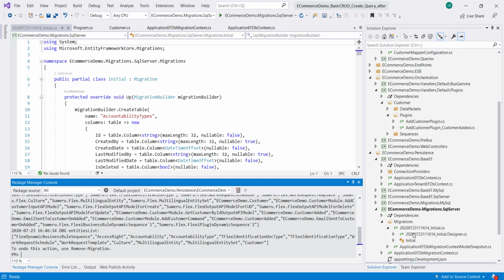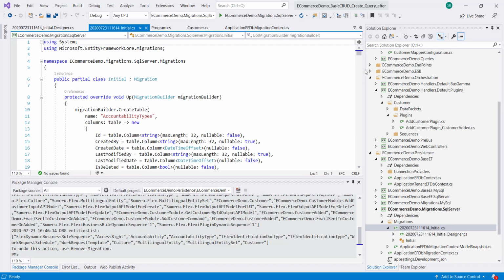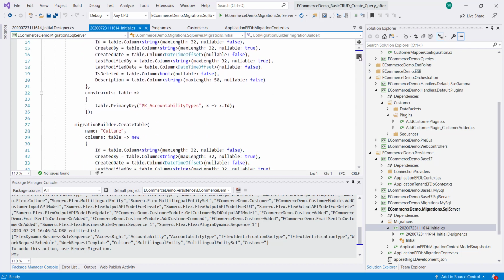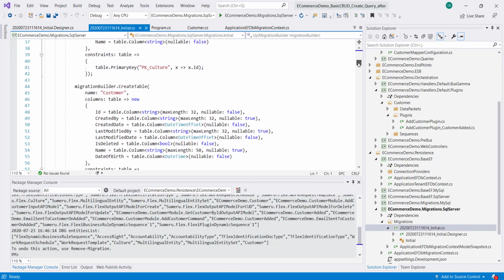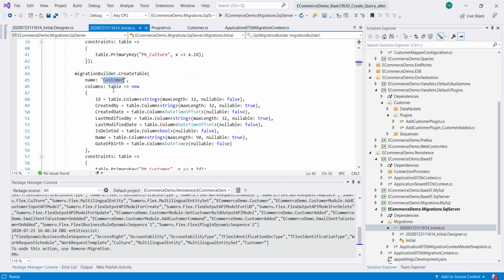And here your migration is created. If you see, there are some core tables that are created, and we have our customer table created. We didn't give any ID. All these are from the Flex domain model, and we have the name and date of birth also created with string length 50.